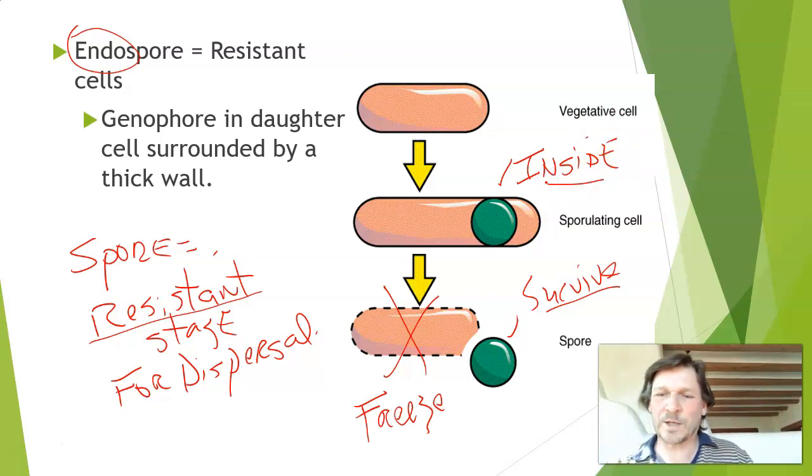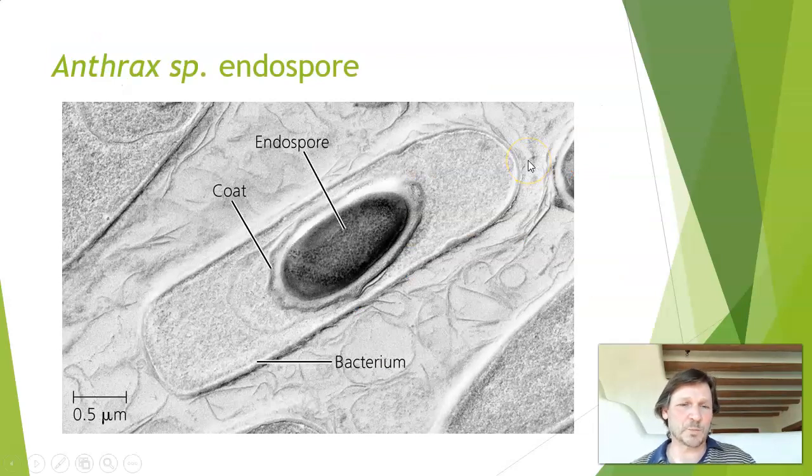And I want to point out, if you're thinking about the metabolism, it's more than just making a resistant cell wall. It actually has to change the proteins and things in the membranes and in the cytoplasm, so they can resist drying out or they can resist freezing. So there's more than just making the spore wall in making a spore, but this is showing you what an endospore is, very resistant. One of the better known ones is the endospore formed in a soil bacteria called anthrax,